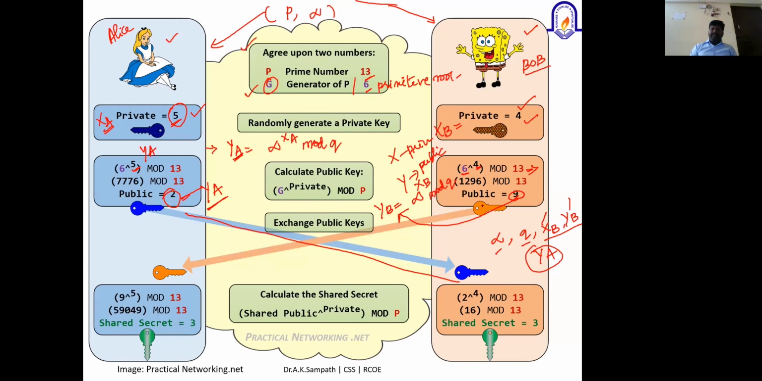Similarly, here Bob will share his own public key with Alice. By receiving this information, Alice will have her own private key and her own public key, as well as the receiver's public key, which is YB, along with the alpha value and then the Q value. So based on these 5 parameters, both the ends will be using this formula